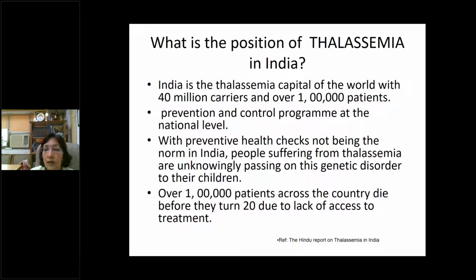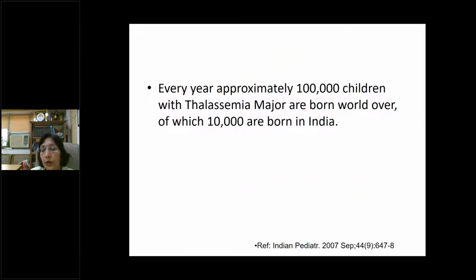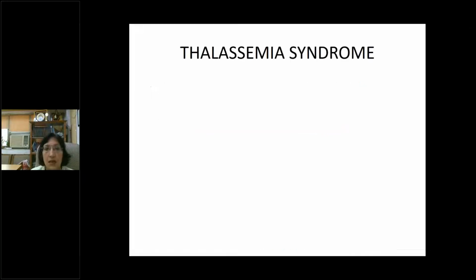Initially there was no national program for thalassemia, but now we have the program for this anemia, and all the antenatal mothers are routinely screened for thalassemia at the time of pregnancy. So we can easily diagnose whether it is thalassemia minor, major, or intermediate. You have to remember it can lead to significant morbidity for the family if a thalassemia major baby arrives in the family. This is just the statistical figures.